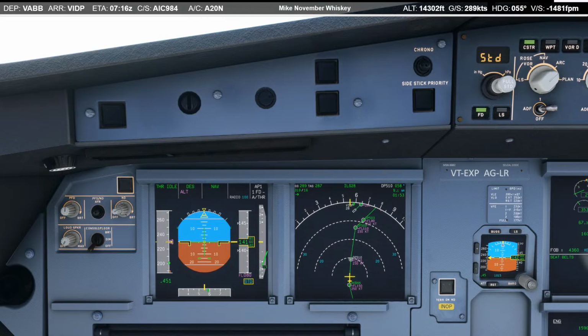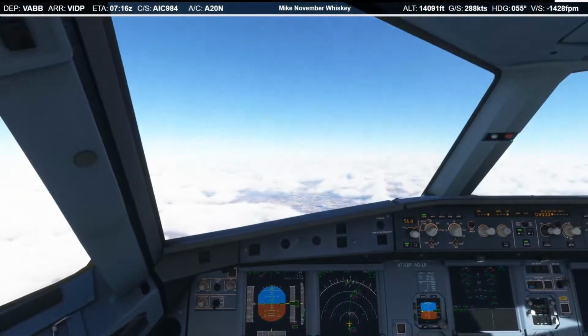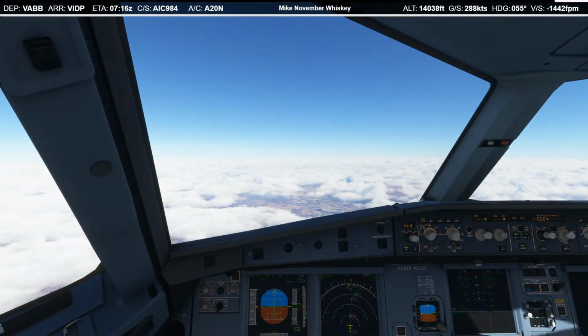But it is keeping to the speed restrictions, so that's good. But we'll probably want to select 11,000 just to be safe.